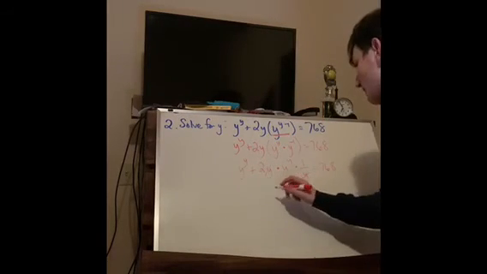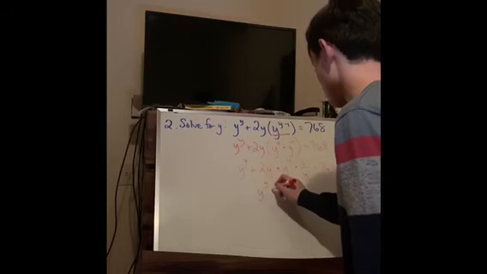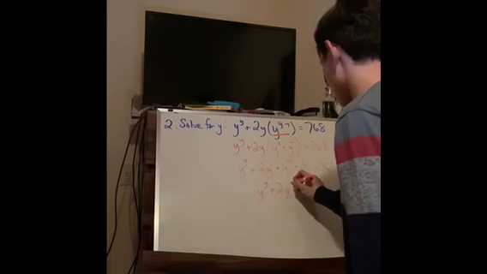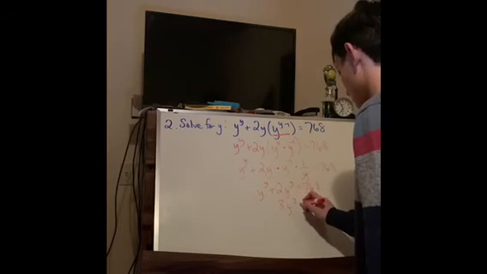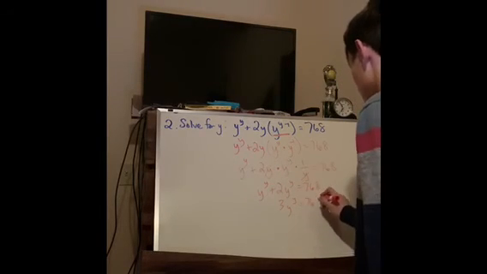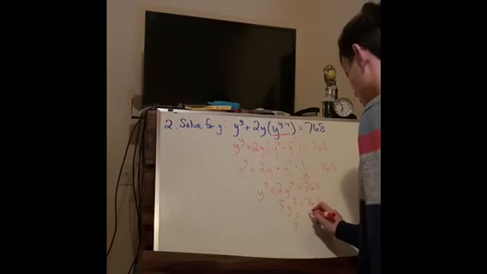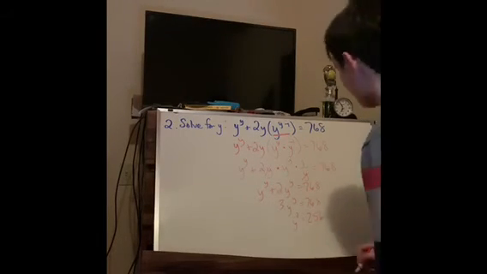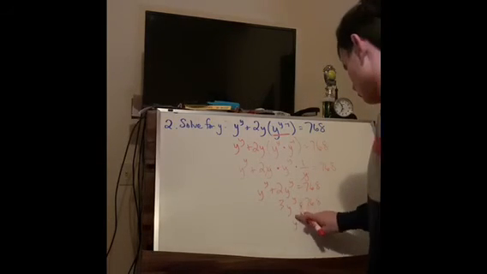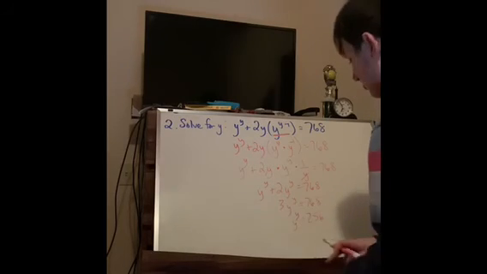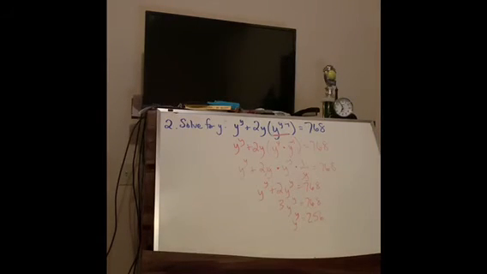So now we really get y to the y plus 2y to the y is equal to 768. 3y to the y is equal to 768. y squared is equal to 256, I think. Yeah, I think it is. Or not y squared. y to the y. My bad. And now there's not really an algebraic way, but if you test in integer values, you'll